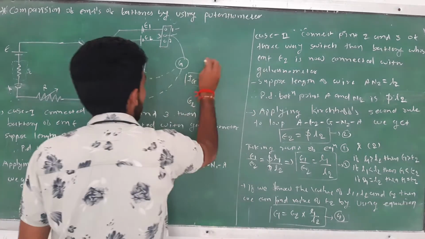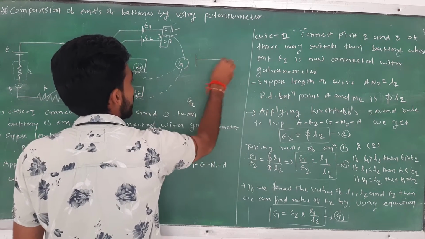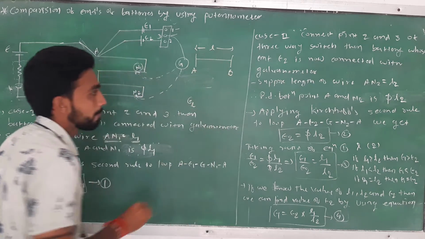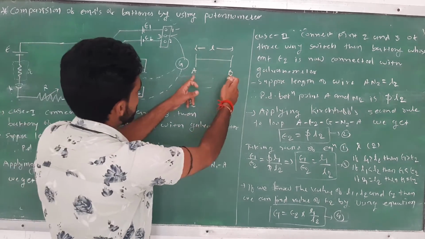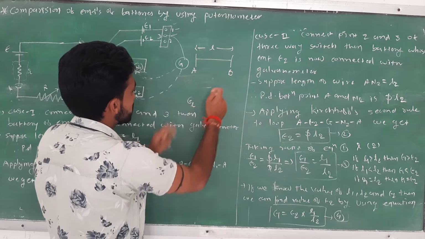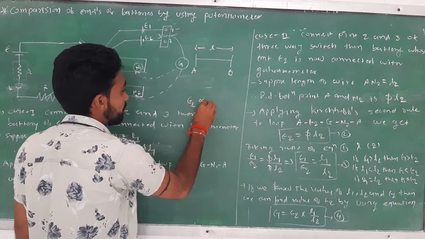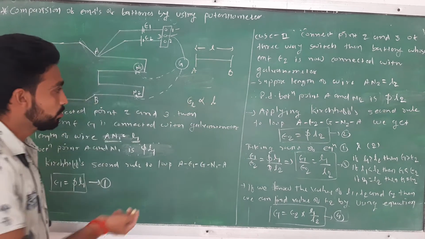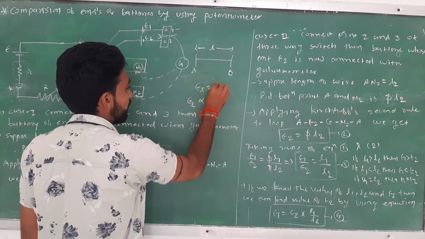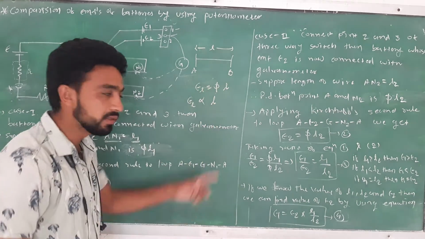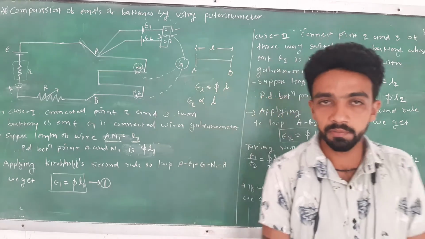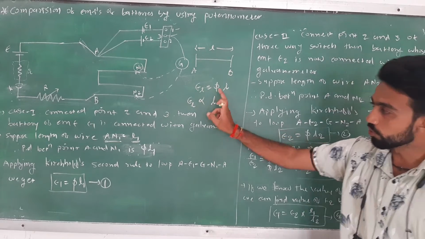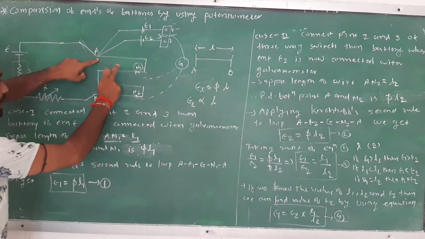Suppose we have this wire, and this length is L. This point is A, this is your B. Now we want to find out the potential difference between these 2 points. That is directly proportional to the distance between those 2 points. You can also write it down like this. Here we have the potential gradient. This theory we have done in the previous lecture. So by using these principles, you can find out the potential difference between point A and N1.